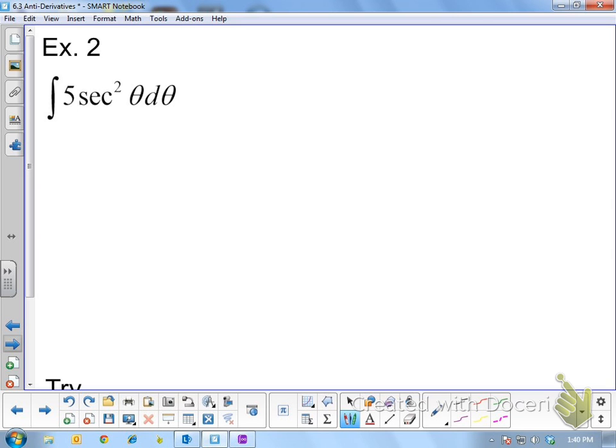Okay, we treat it as a constant just like we treated constants when we were taking the derivative. Basically, I could take the constant outside of the integral. So now I know the formula for this. What's the formula for secant squared theta? It's tangent theta. So we would have 5 tangent theta